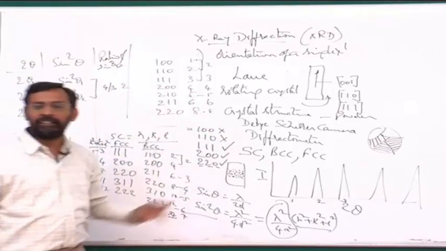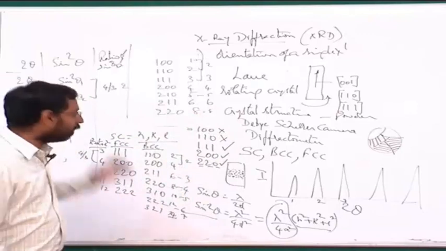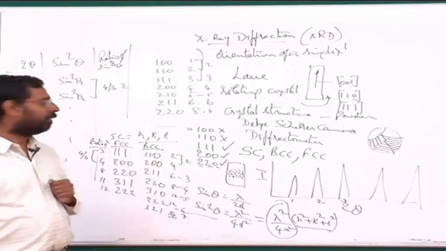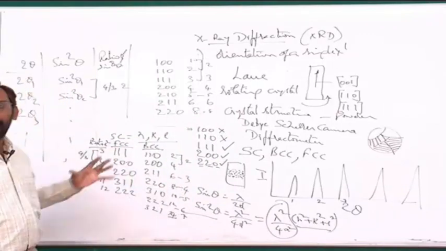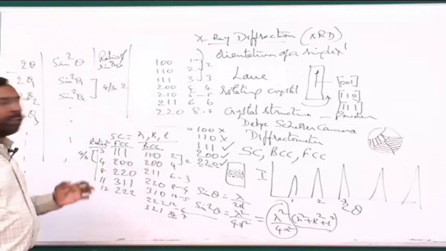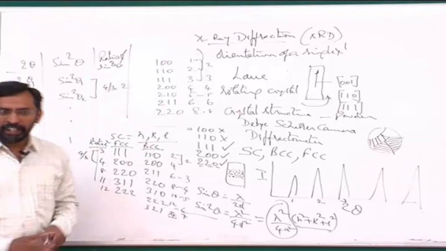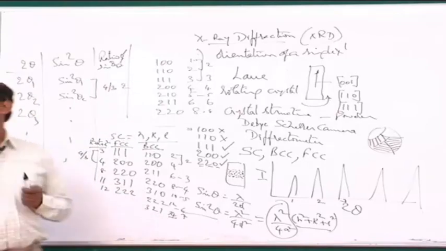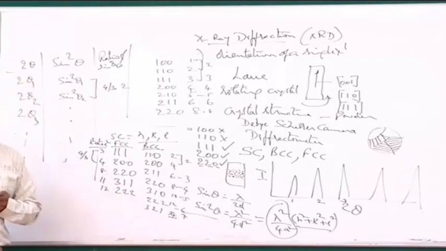And by looking at this, we said we will know whether it is simple cubic or BCC. So this is how we can easily find out simply by looking at this. Of course, life is not so easy. Not all materials fall as simple cubic or BCC or FCC. So what do we do for others?